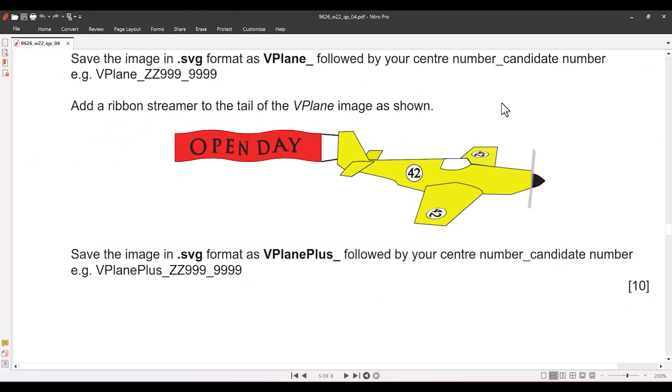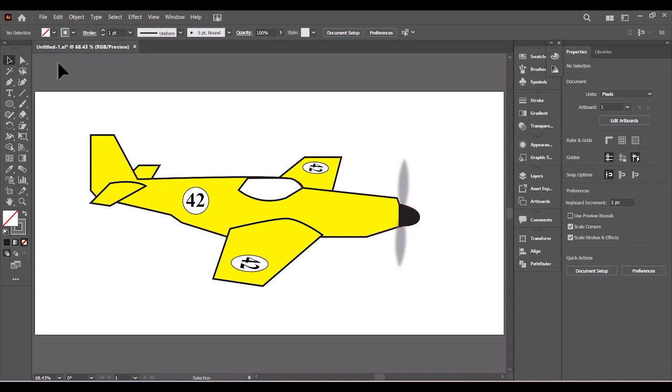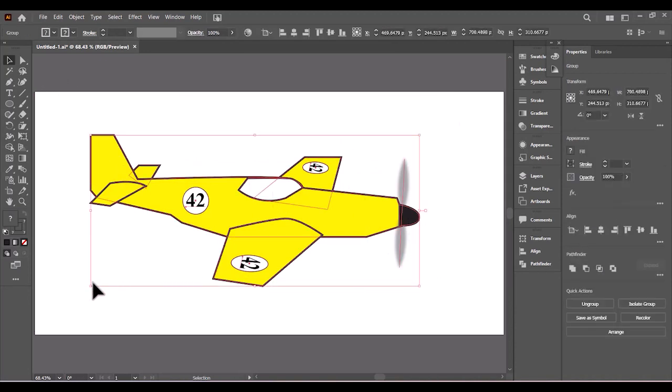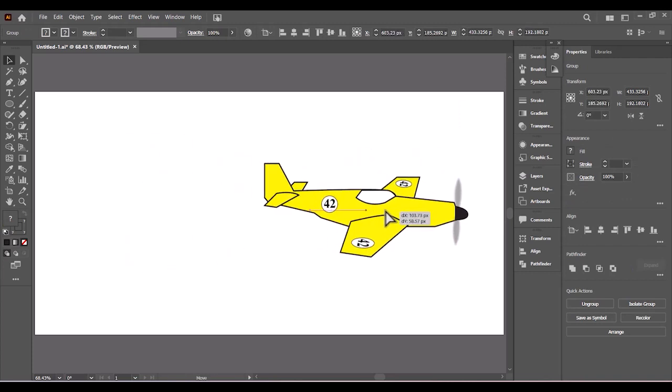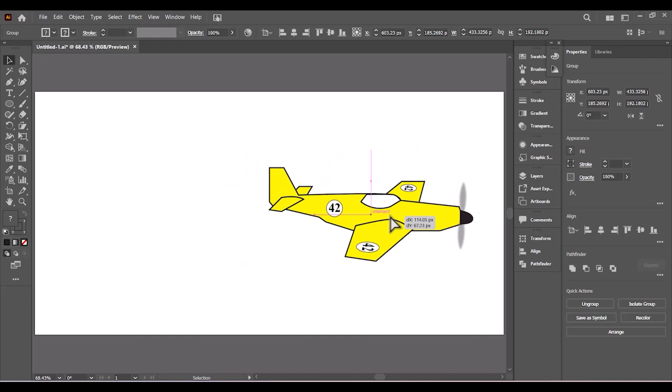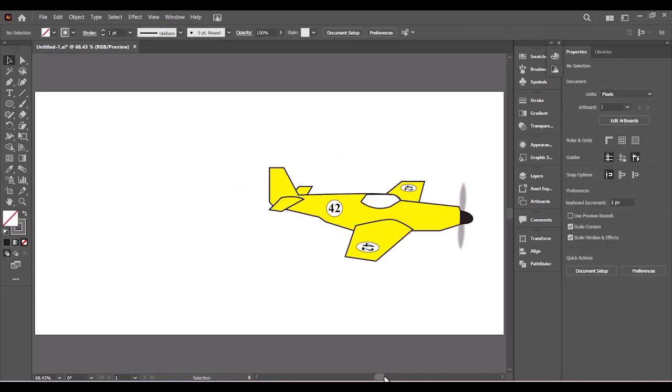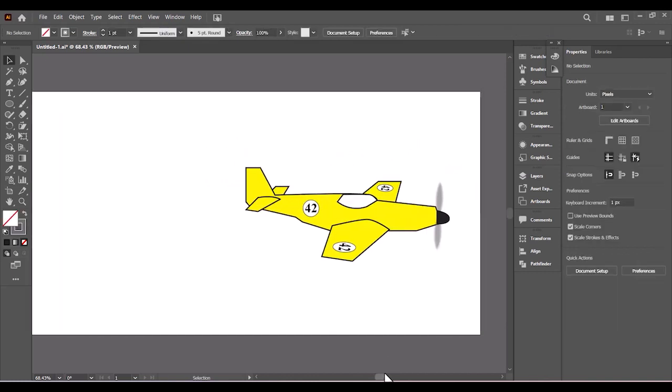So lastly, we need to add a ribbon streamer to the tail end of vplane as shown in the image. So let's get back into Illustrator and resize our plane by selecting everything. Resize it a little bit, bring it to your right, and on the left side of your artboard,